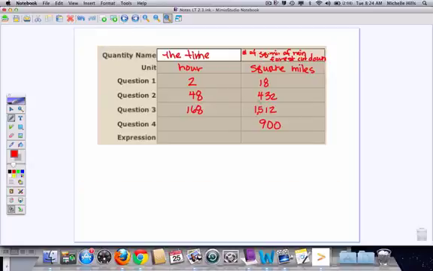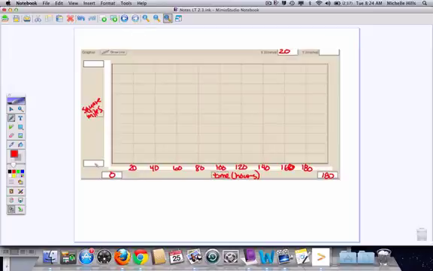Now, my y-axis, I need to get all the way up to 1512. So I'm going to start at 0 again, but if I need to get all the way up to 1512, I can't go by hundreds because this would be 1, 2, 3, 4, 5, 6, 7, 8, 9, that'd be 1,000, and I won't get to 1512. So instead of by 100s, I'm going to go by 200s, and this will be 200,